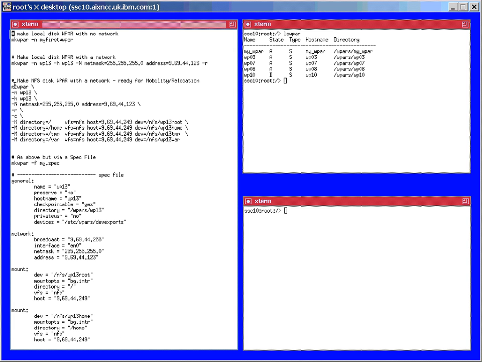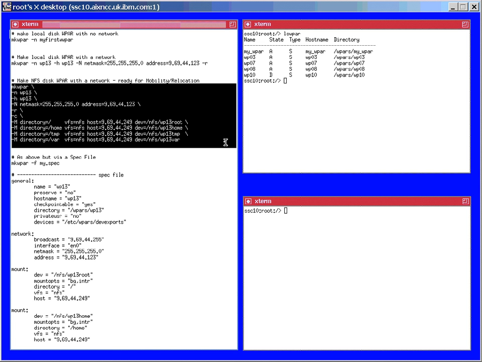I tend to prefer just using a little command like this one here, and we can create a spec file from a currently running WPAR and then change that spec file to be a new version, for example, or we can use a spec file to, for example, deploy a WPAR onto a new machine if we're doing it manually rather than using the workload manager. So now let's run this particular command